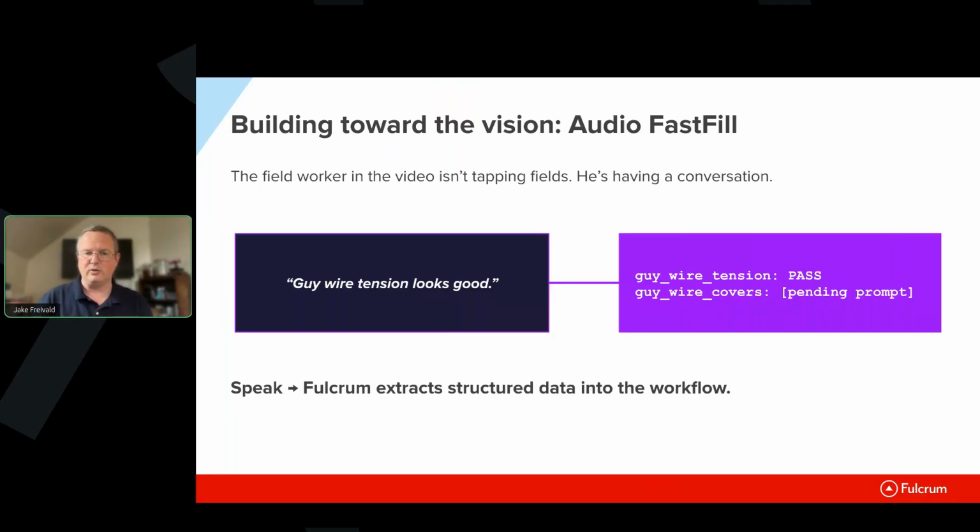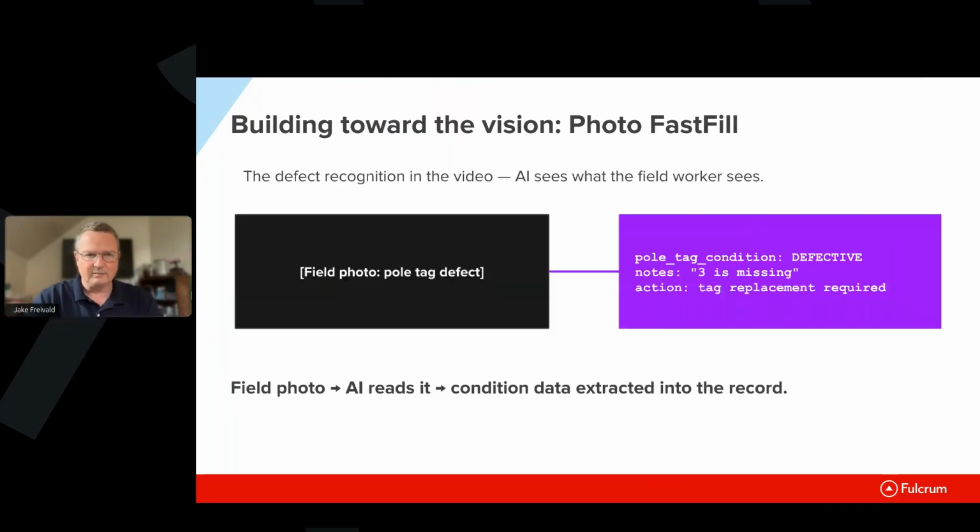Interestingly, one of the things that we see there is that as people are talking during their process, they give much richer data. It may not even be faster than what they do now, but they give much richer data about what's going on, and that's extractable in a variety of ways. So if you're wearing glasses and you have to talk because you're not typing with two thumbs, you need to be able to parse that and turn it into the business context you're in. Audio fast fill is one of the key building blocks for that today.